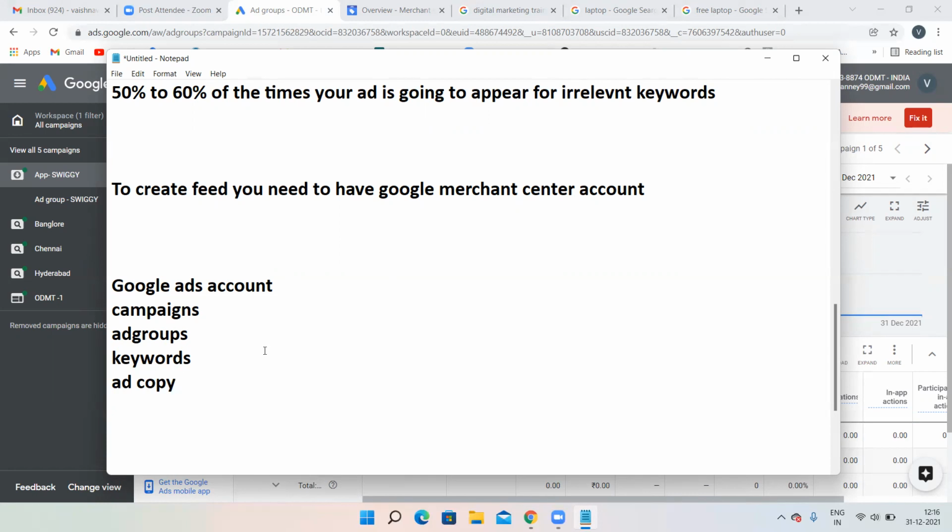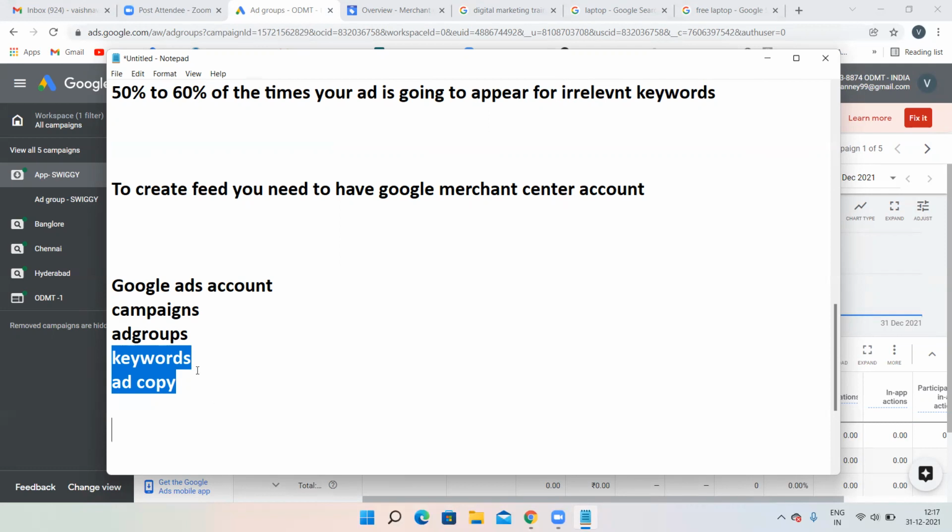But as I said, in shopping ads, there is no such thing as keywords. You cannot target keywords, I said, right? And one more thing is, no need to create ad copy also. Google will create the ad copy. So these two things Google will do by itself. If you generate the feed and submit the feed, that is enough.